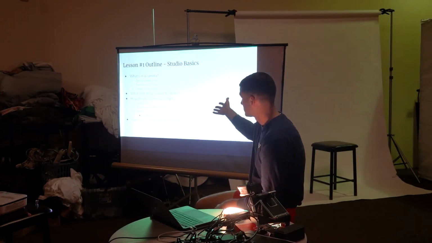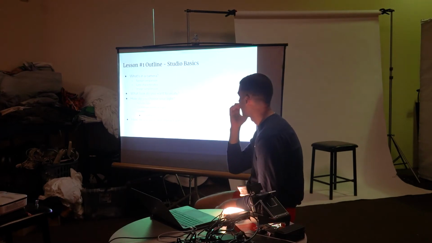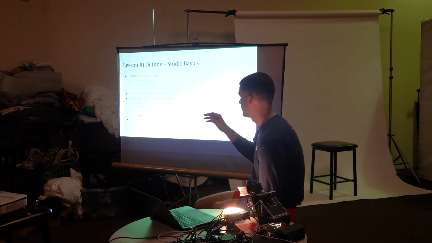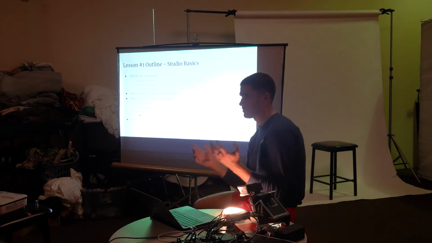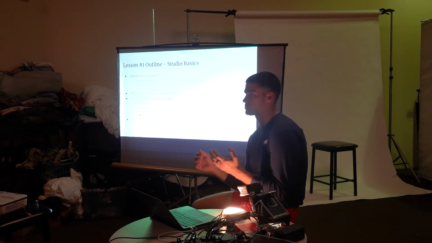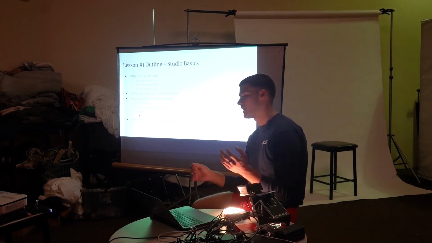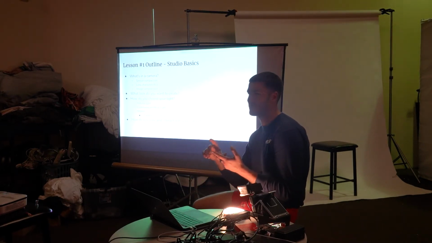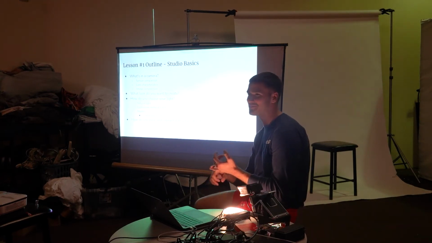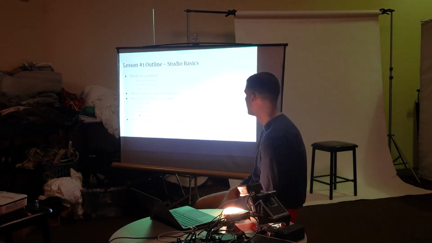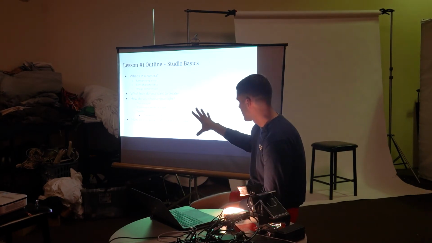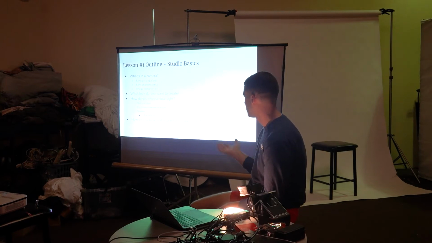So we'll cover what's in a camera, what sort of look you want to create, and finding your style, and then making lighting choices. I know when people get started in studio lighting and anything artificial, there are so many things to buy, and it's just like any camera. You have entry level, prosumer, pro, and ridiculously expensive pro level camera gear. Finding what fits your needs is usually a challenge, so I'll help you walk through that. We'll cover all the main categories of lighting, and then a little bit of posing and interacting